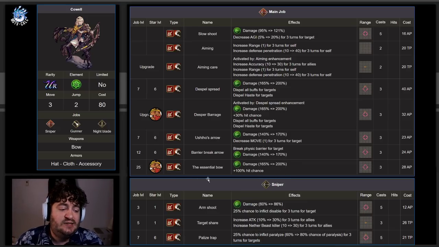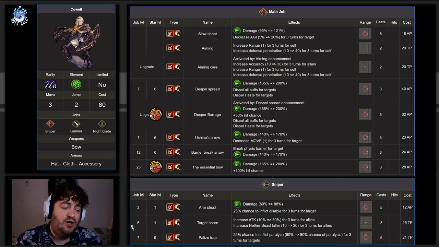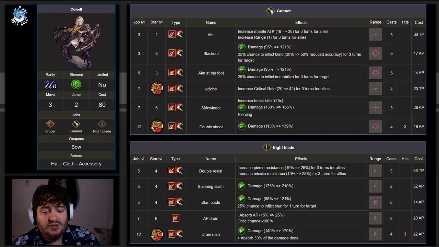Now, in terms of sub jobs, I actually probably won't sub sniper on him very often. You do get arm shot, you do get target share, which is like a buff for 30%, and you do get paralyzing trap. Honestly, though, if you're going for ranged attacks, you're probably going to be subbing Gunner, just because